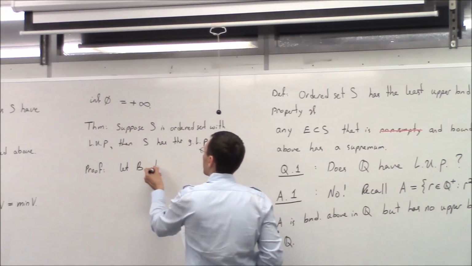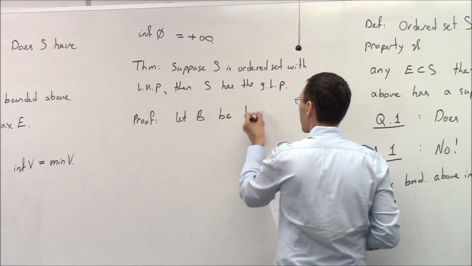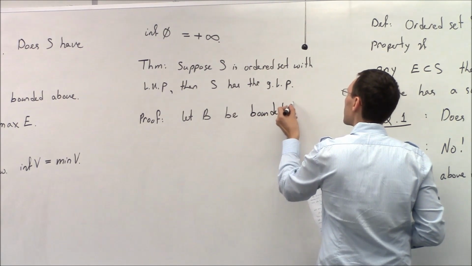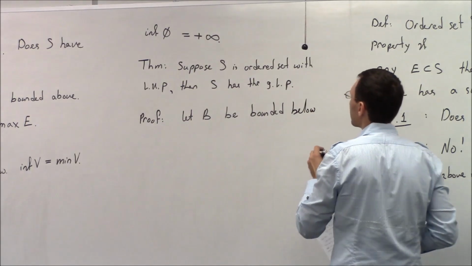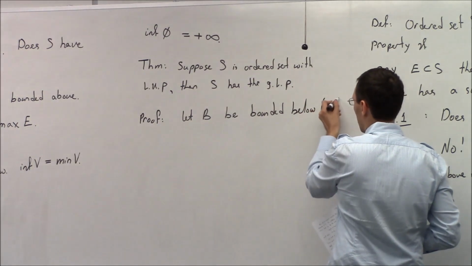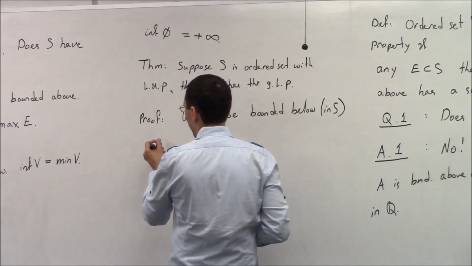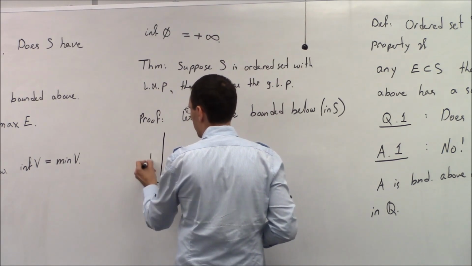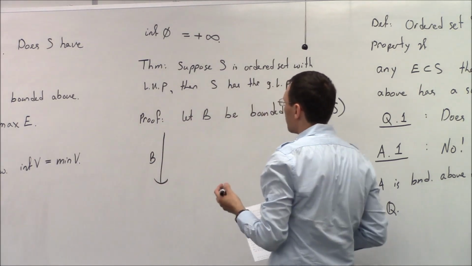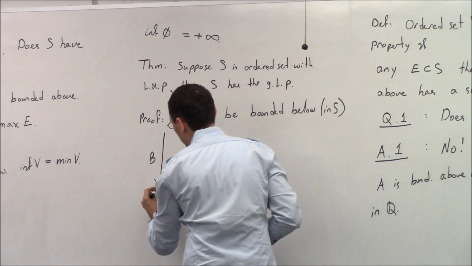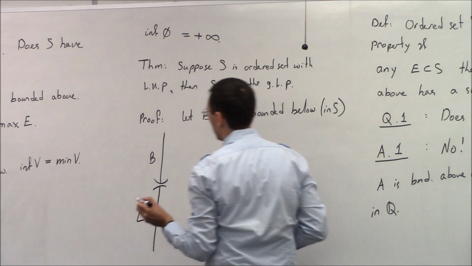V be bounded below. Always in S. I will stop writing it, it's annoying, but always in S. Bounded below, so I can kind of draw a schematic of V, so this is V. I don't know, maybe it goes on up forever, but there is a bound, it's bounded below. So I'm going to define the set of all its lower bounds. So I'm going to say this is L, and